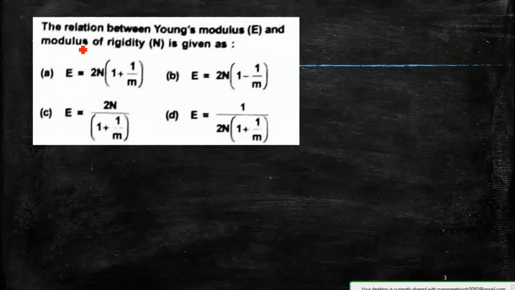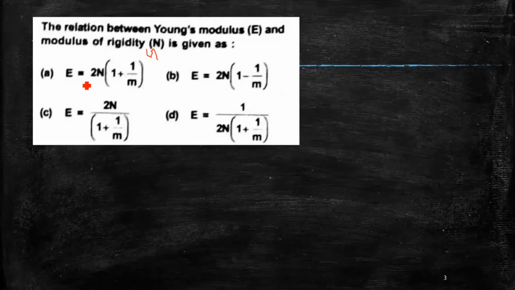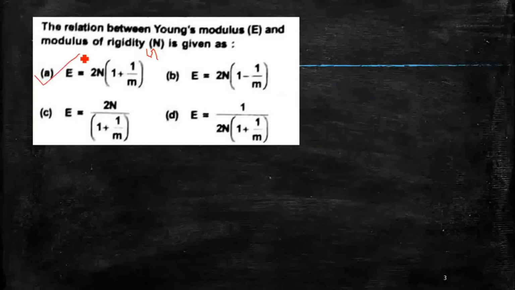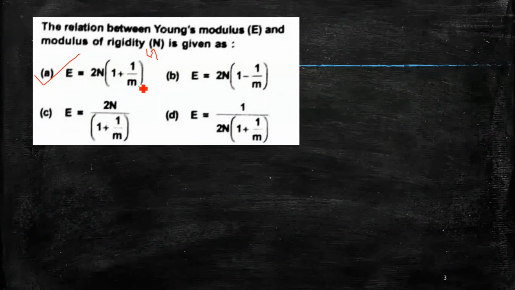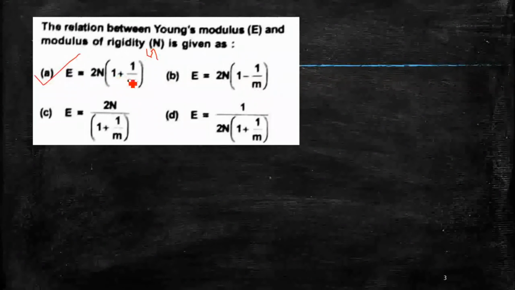Moving on to the next question, the relation between the Young's modulus E and the modulus of rigidity G, which is also generally represented by N. So we have E is equal to 2N(1 plus mu), and second, E is equal to 2N(1 minus mu). It is a very memory-based question. It is a very important relation between E and N or G. So the correct answer is option A, E is equal to 2G(1 plus mu), whereas E and K are related as E is equal to 3K(1 minus 2mu).